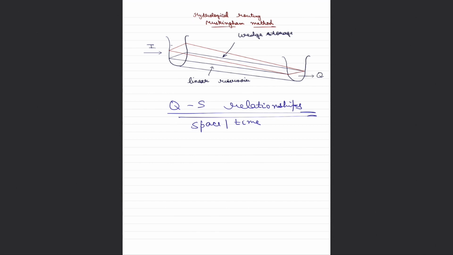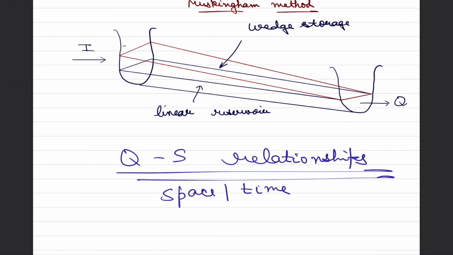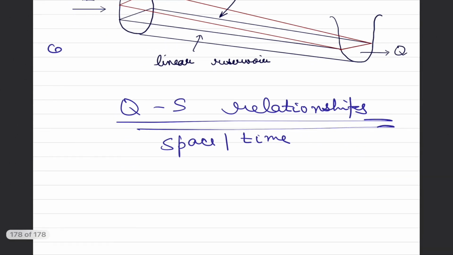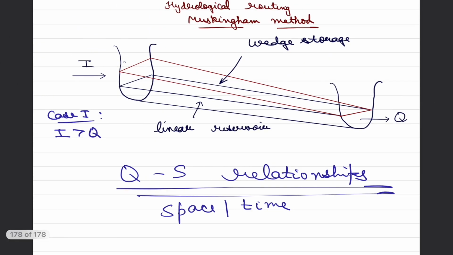And again, we will start with our linear reservoir assumption, where we can say that, for example, when a flood is entering a river reach, and the inflow is greater than the outflow, our case one would mean that we have more water coming in than flowing out. So you can imagine that it would result in a non-uniform water surface in that stretch, and that may resemble something like this wedge getting formed.